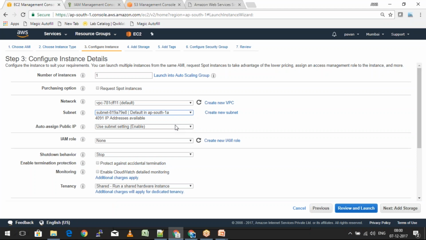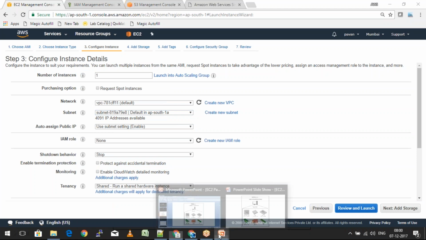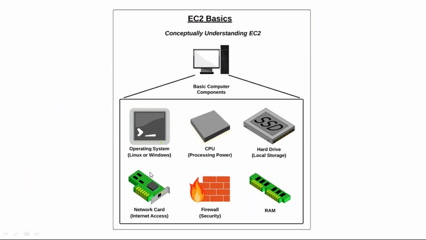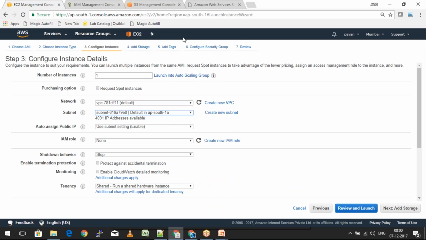Let's say I'll just put it as 1A. Then it is going to ask me if you are going to assign a public IP address. The whole and sole purpose of this specific network card, right? We want to be able to connect our virtual machine with the internet. So I would say yes, enable this public IP